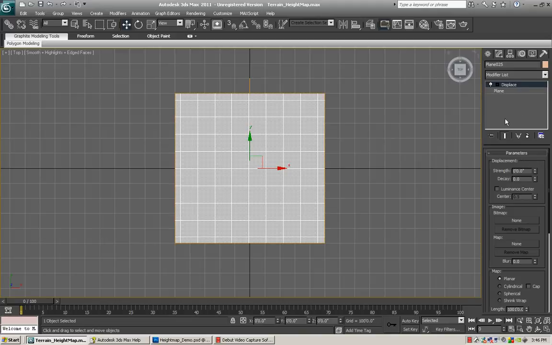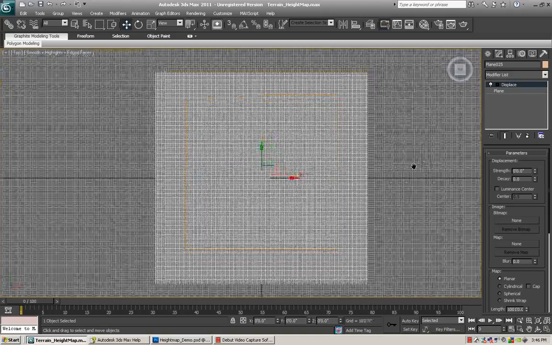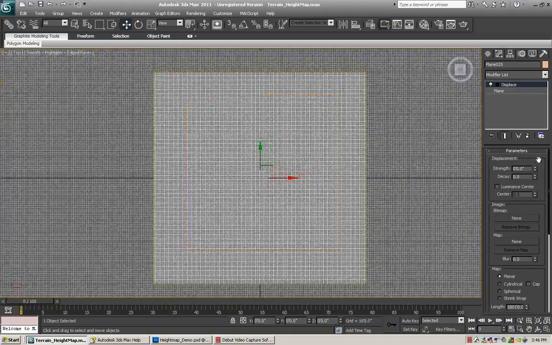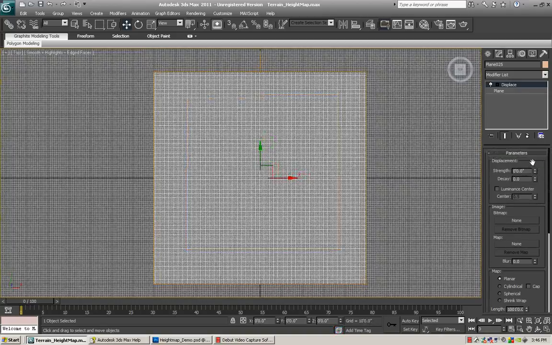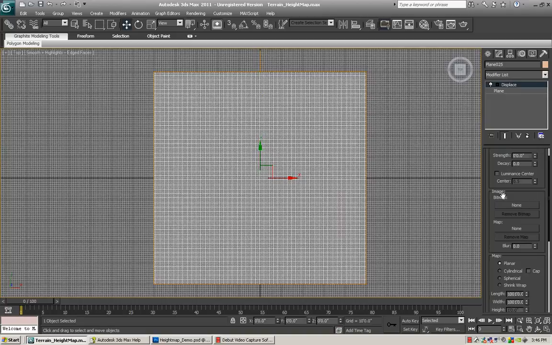Displace, under D. Once I have the displace modifier stacked on top of my plane, and that's simply why it's called the stack, I will go again to my Parameters roll down menu, and down here under Image, Bitmap, None,